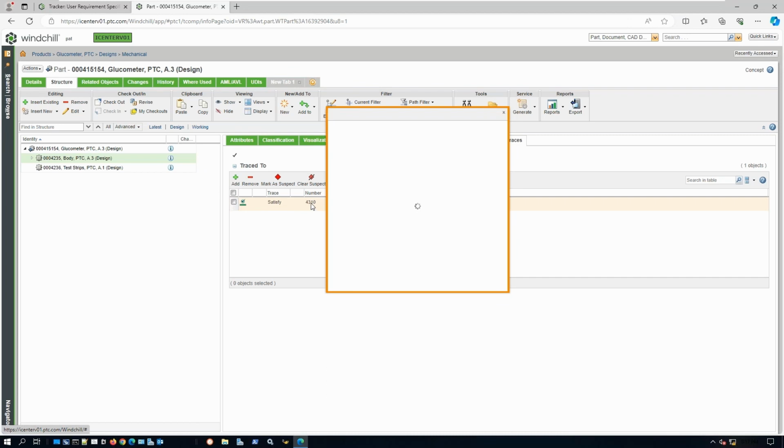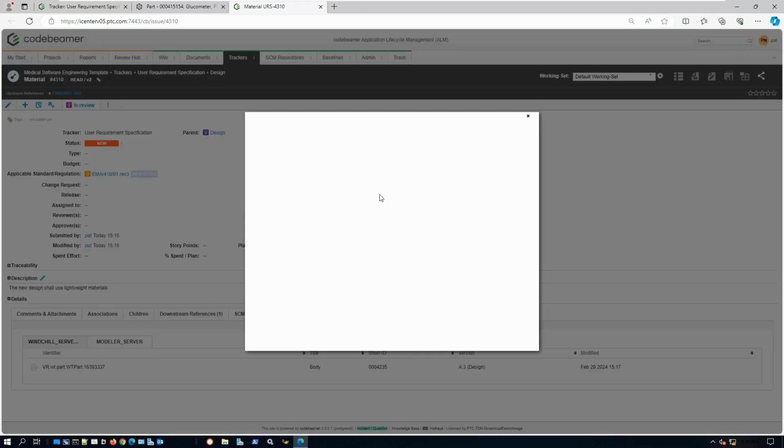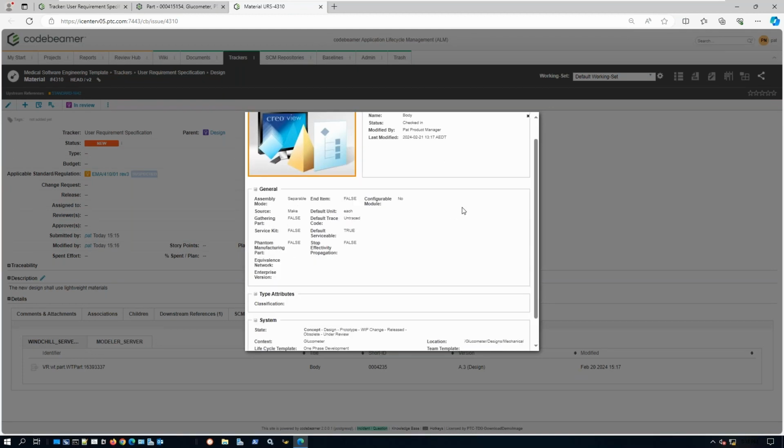As a user, I can easily jump into Codebeamer and get a greater understanding of what that information entails, okay? And as a Codebeamer user, I can once again just jump directly into that Windchill object itself to display the relevant information,